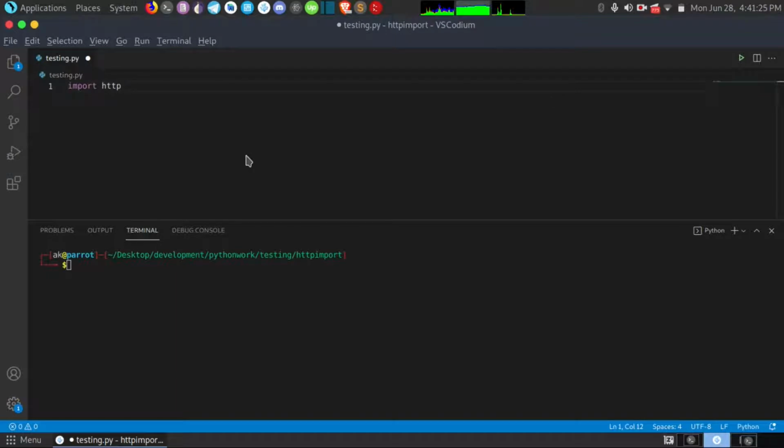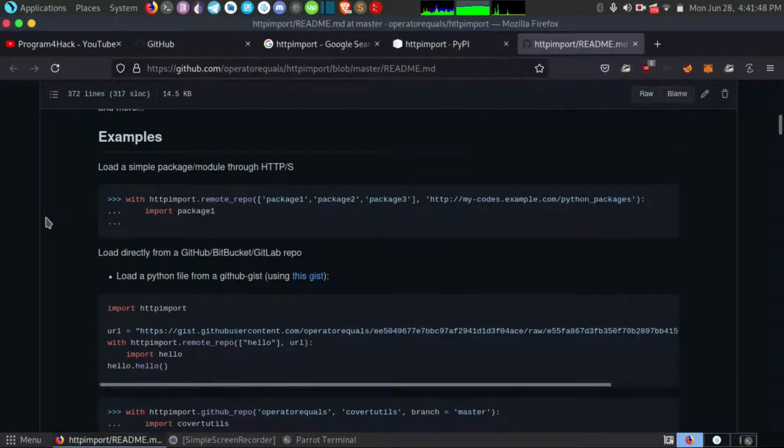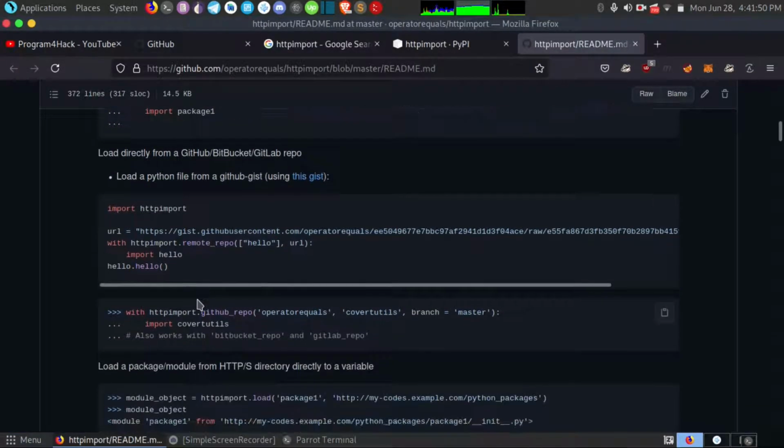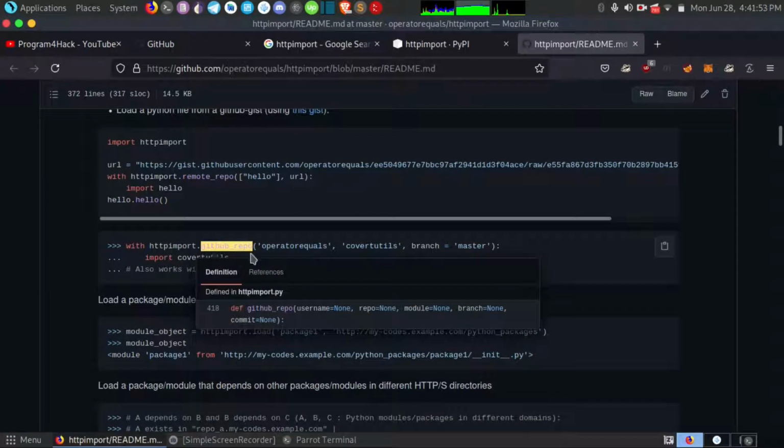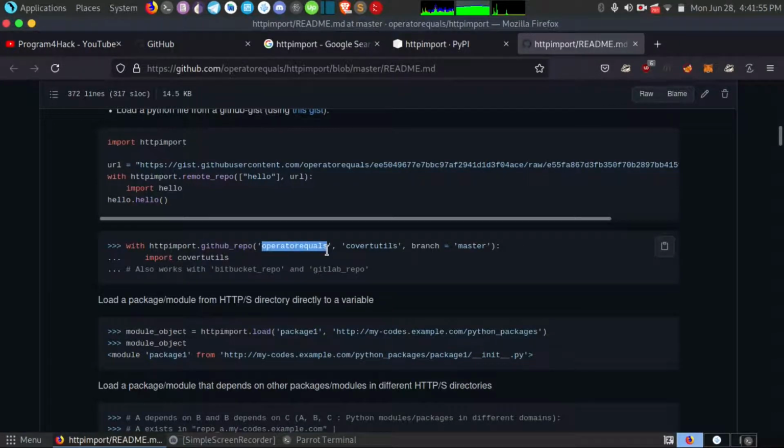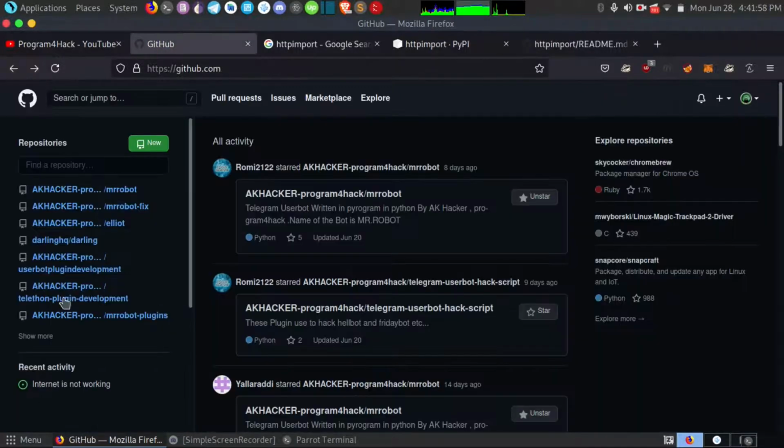So let's move here and import http import. The function we need is, I think, from http import github_repo. Okay, we need github_repo. What we can do is use a with block. If you see here, use a with block and specify your GitHub repository. This is the name of the user. So if I go to my repository,